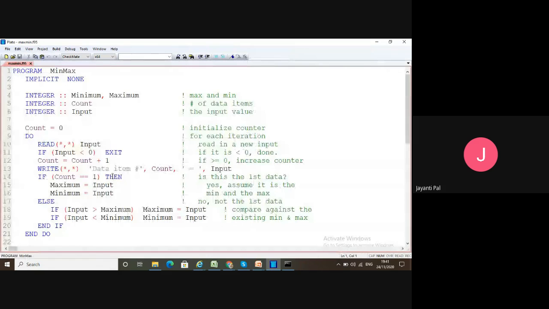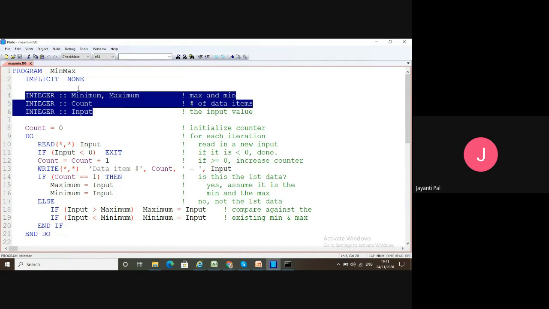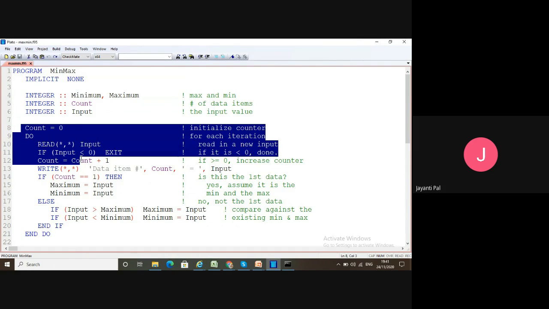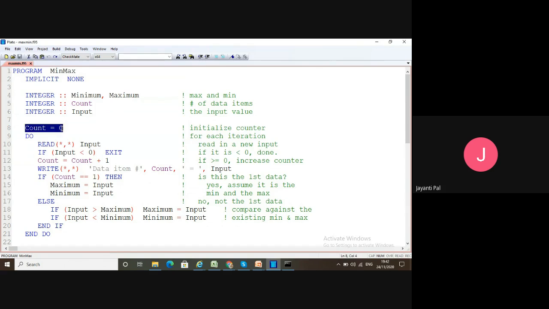This is the program, where I calculate the maximum and minimum of whatever I input. First, see here I have defined all of the parameters as integers, then I start executing, and here I have initialized something.